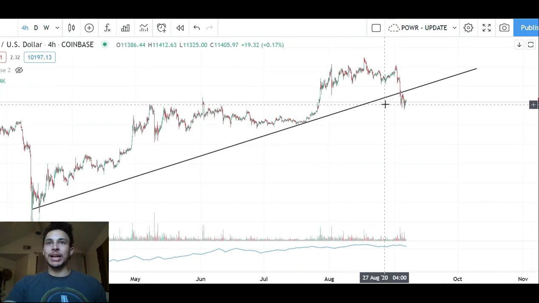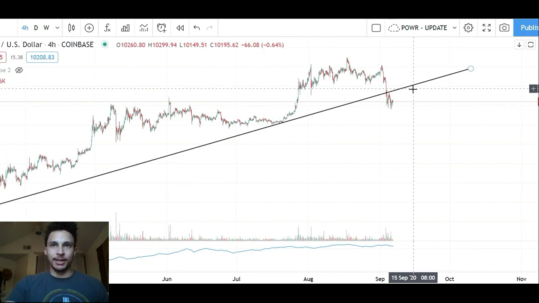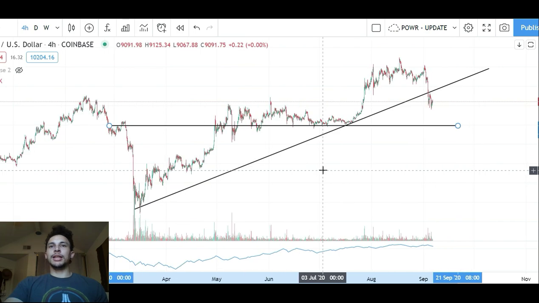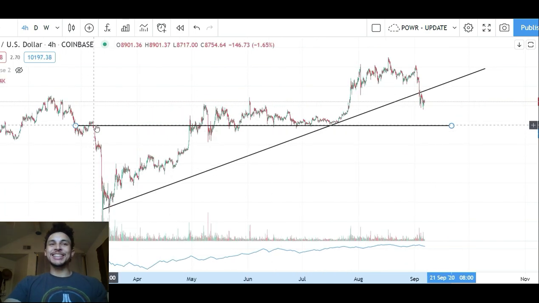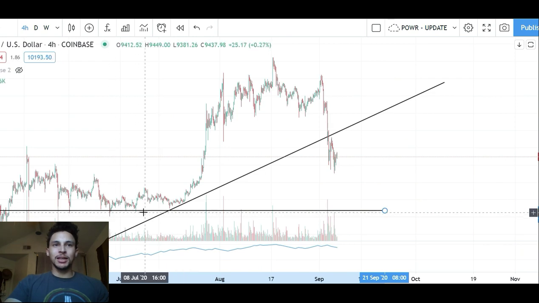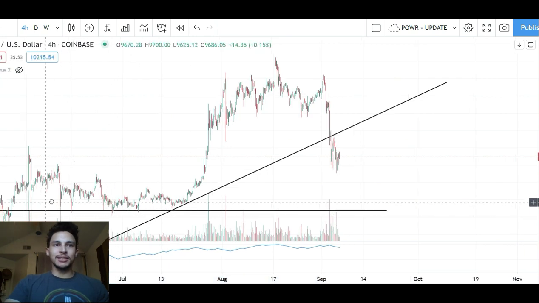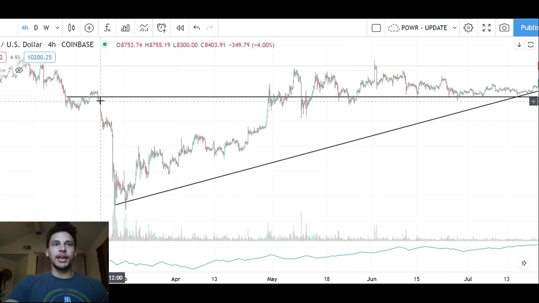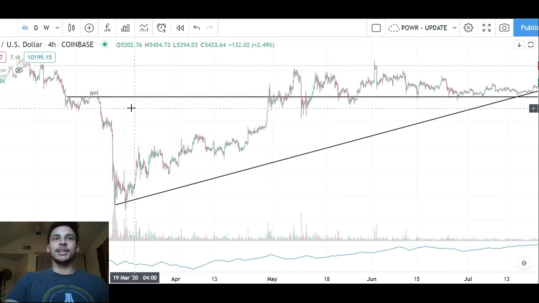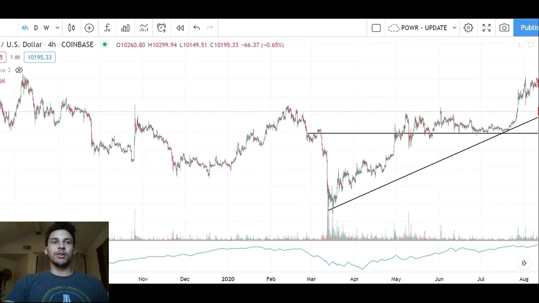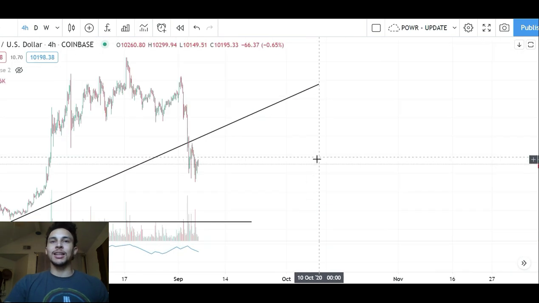So yes, Bitcoin has gone down, reached this trend line here. But if you notice, I'm going to draw one line. Okay guys, I drew the line. Here's your line. Look, this is a support line. Why is this support? Look how much it's touched. 1, 2, 3, 4, 5, 6, 7, 8, 9, 10, 11, 12, 13, 14, 15, 16, 17, 18. 18 times. And that's just this part of the chart. We can keep going all the way across. I can keep showing you more, but that's a lot of touches, guys.